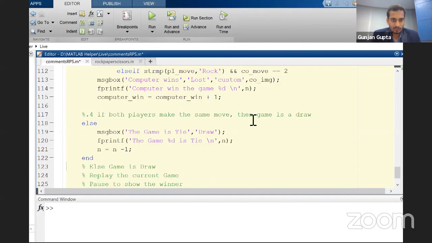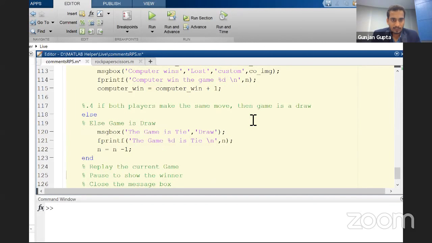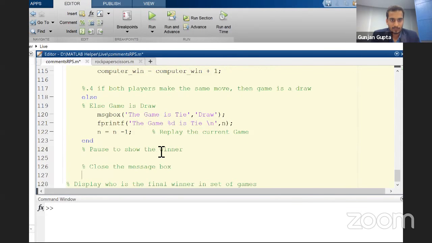Else game is draw, which has been taken care of. Replay the current game, which we have already taken. Here I'll be mentioning this comment. And in the condition, pause to show the winner. This we have already done, so let me take it over here.